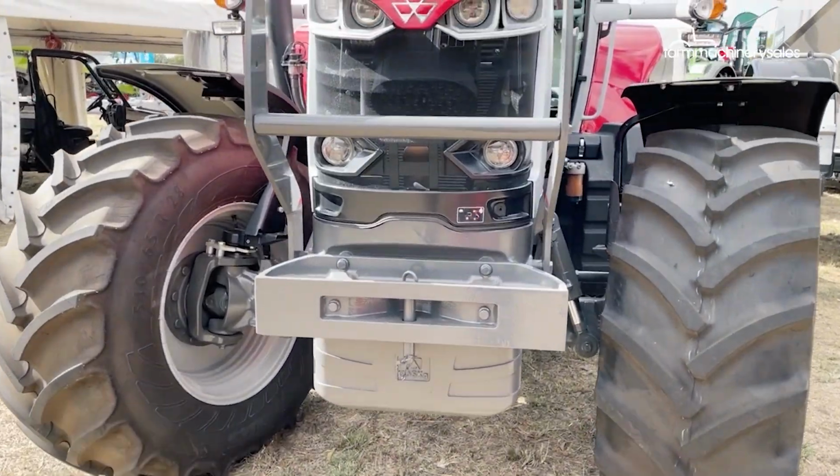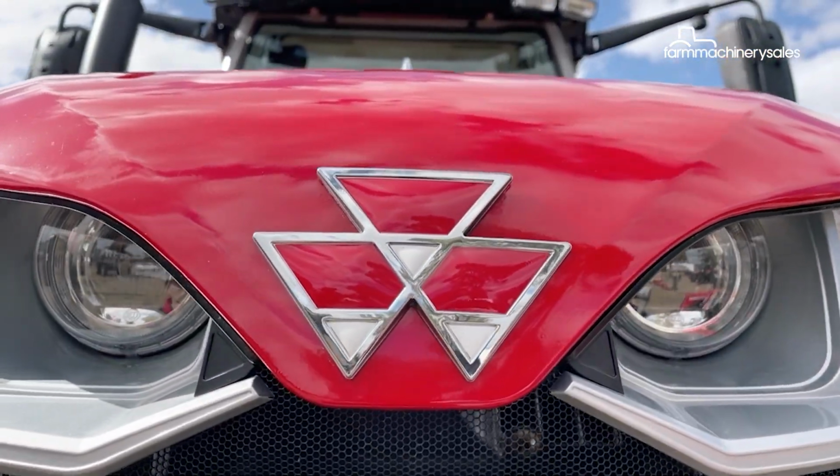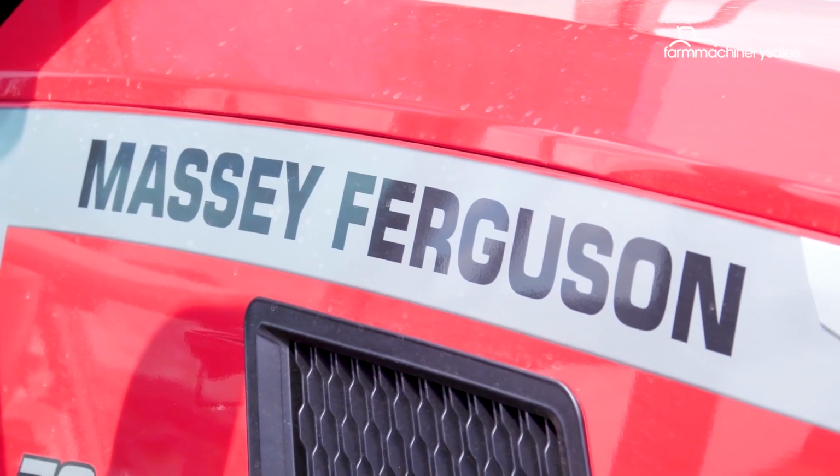The tractor we're looking at now is a 185 horsepower, and this one is set up for a front-end loader. One of the things that AGCO have done is to produce an engine that's actually Tier 2, so that means it has no AdBlue. Massey Ferguson has also updated the look of the tractor to pay homage to the brand's